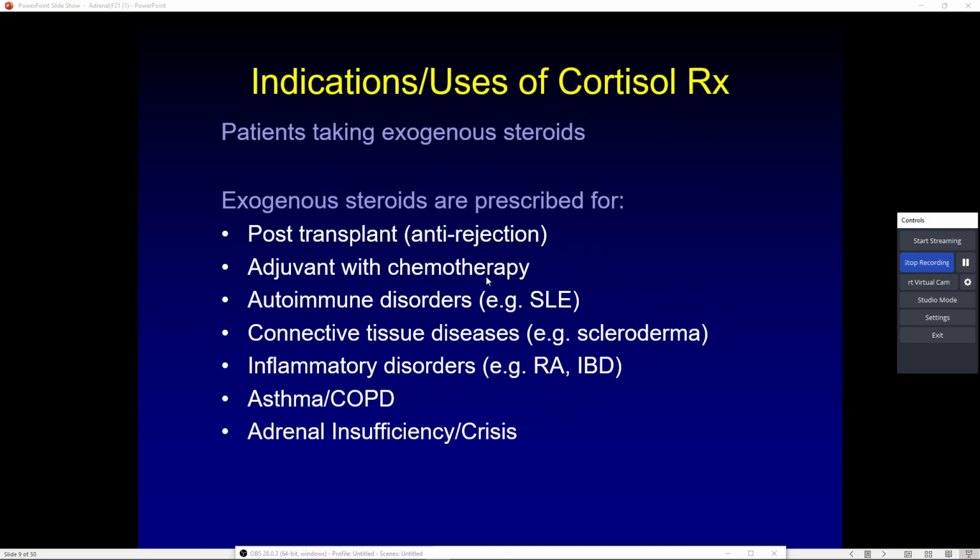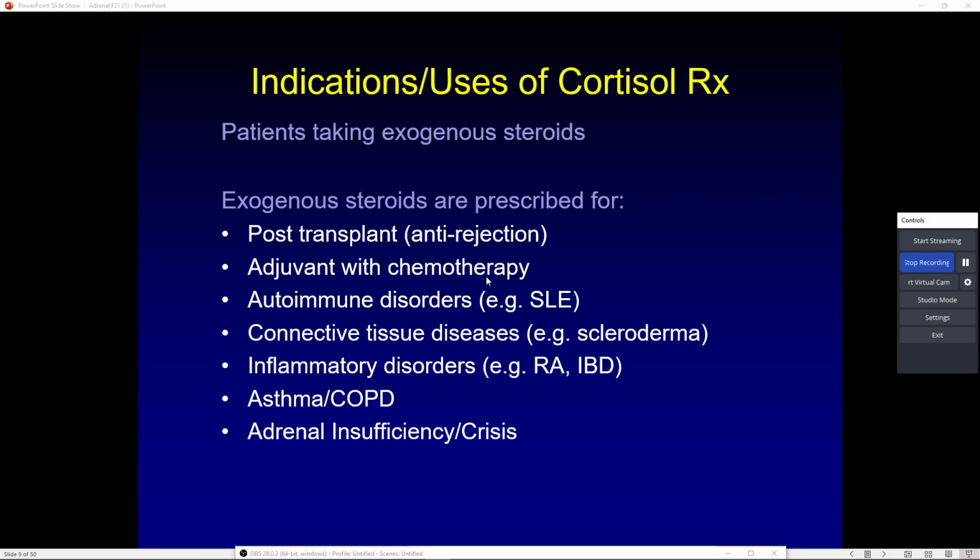So what are some of the symptoms that we can see with patients with increased cortisol levels due to exogenous use of steroids? Or rather, why are we using exogenous steroids? We use them for a lot of things. One of the most common ones, a lot of people forget this, is inhalers for asthma patients. Not the albuterol, not the rescue inhaler, but the maintenance inhalers. Almost all of those are inhaled glucocorticoids to keep inflammation down in the lungs. Prolonged use of exogenous glucocorticoids or steroids of any kind is not good, and I'll explain why shortly.